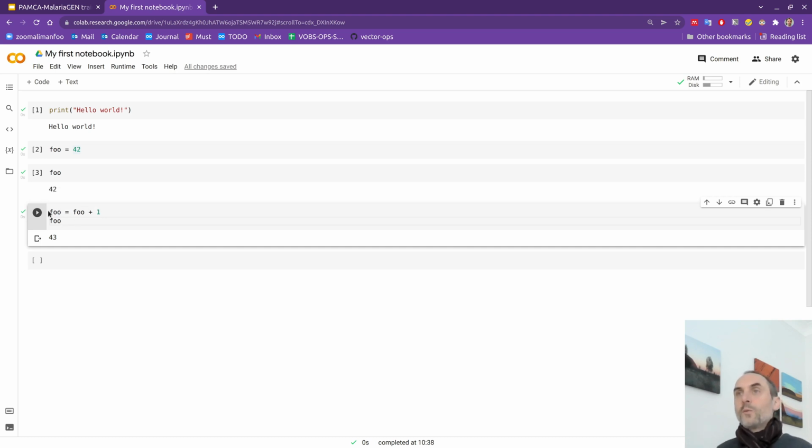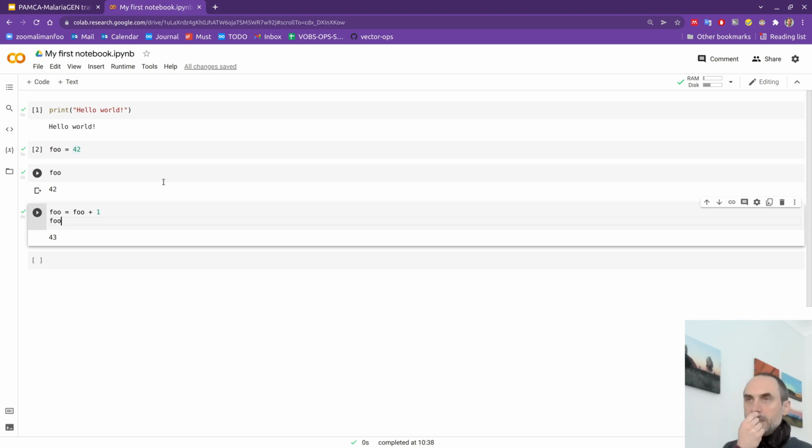So you don't just have to write one line of code, you can write as many lines of code as you like in a code cell and run it, and all of those lines of code will get run together. Okay, so hopefully that's a useful introduction to code cells. We're going to come back a bit more to some other basics of coding in Python in a minute, but